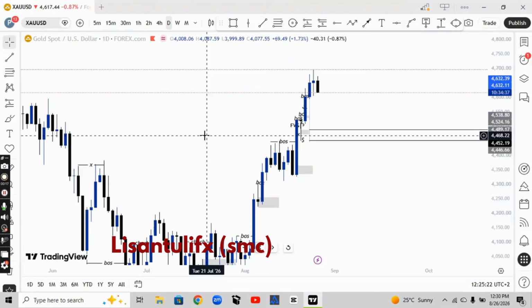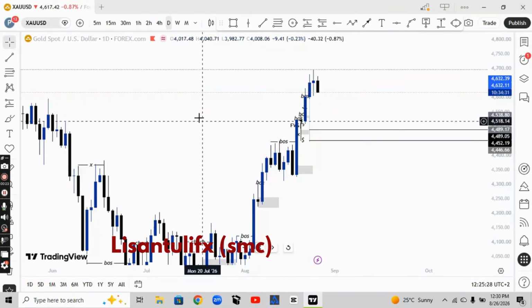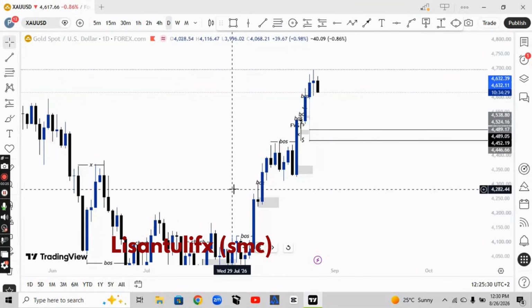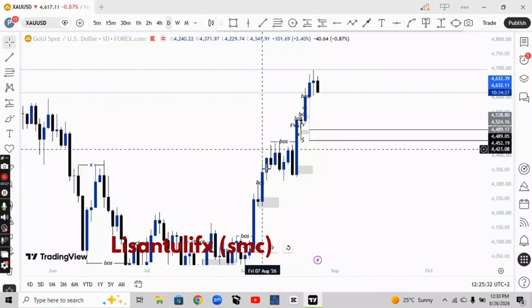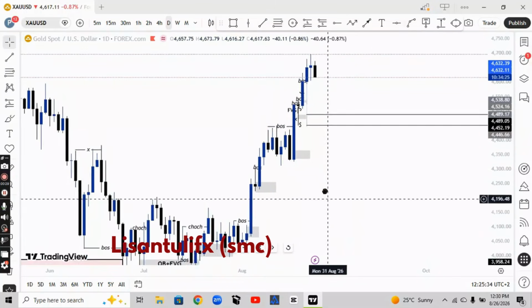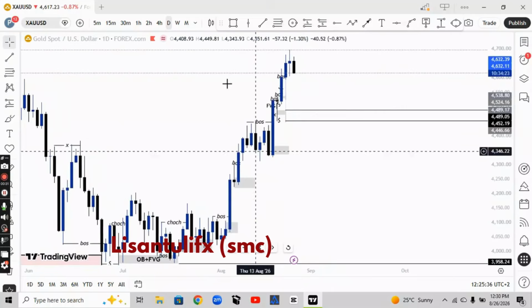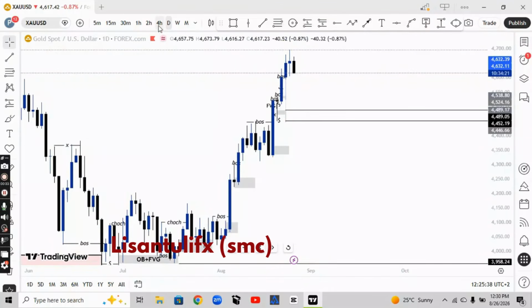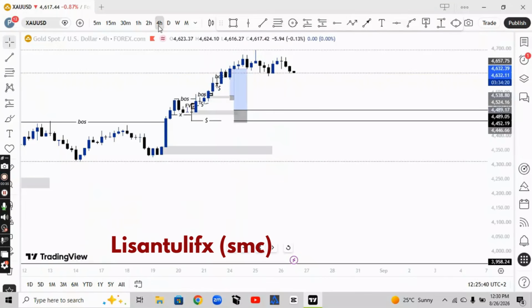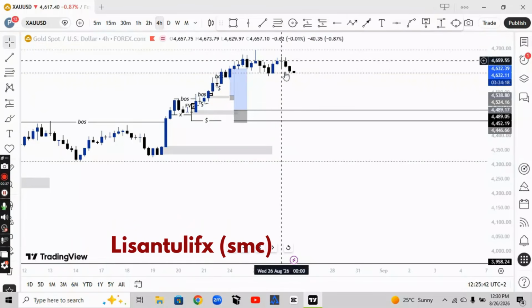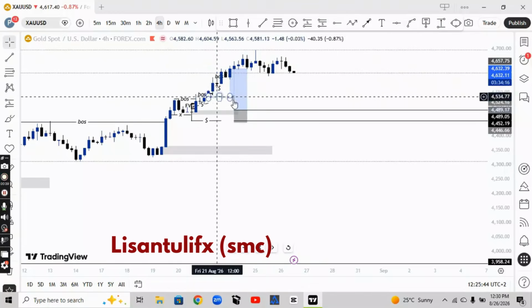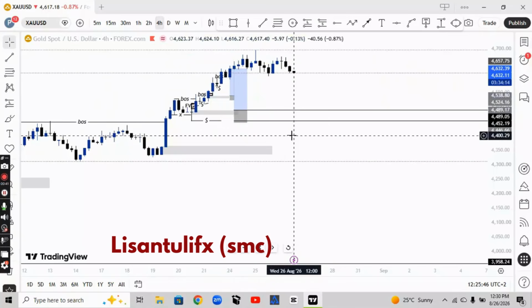I did analysis, I think it was on Monday or Sunday, and I said I was going to come back for us to see. Okay, so this market is bullish. This is gold. The market is bullish, and I can see that the market wants to make a retracement. I don't know to which level,